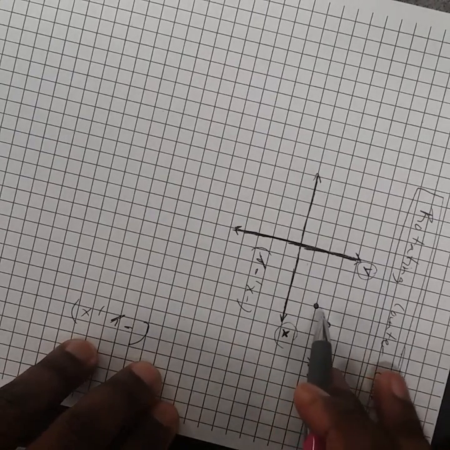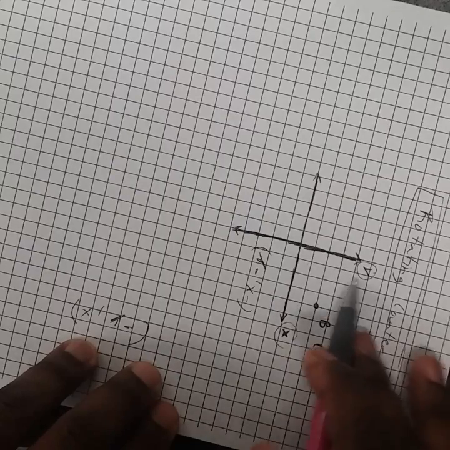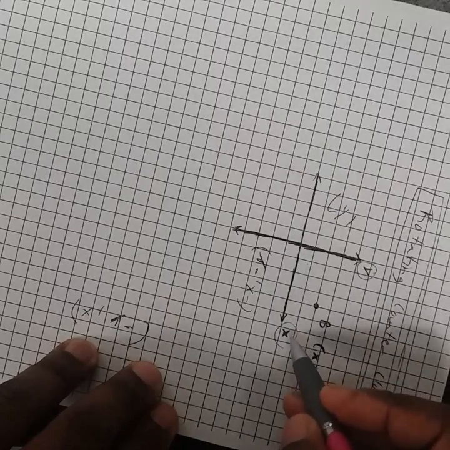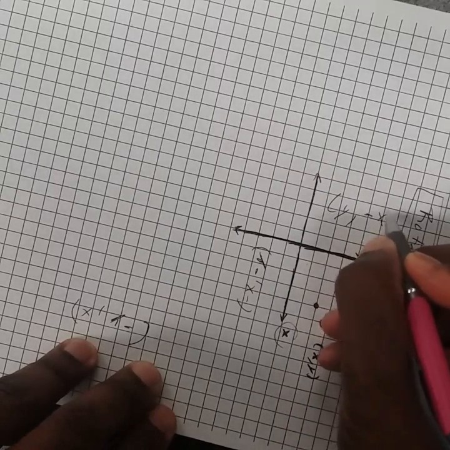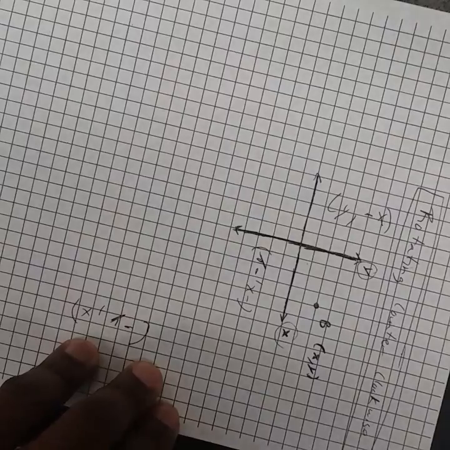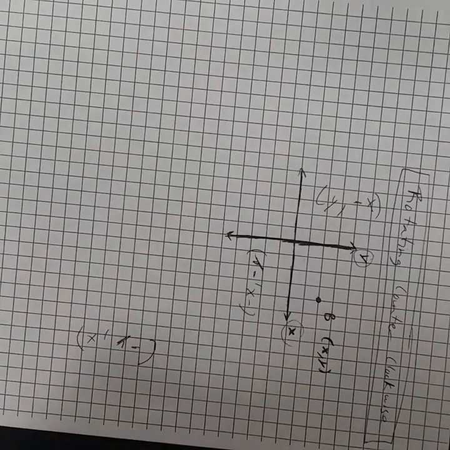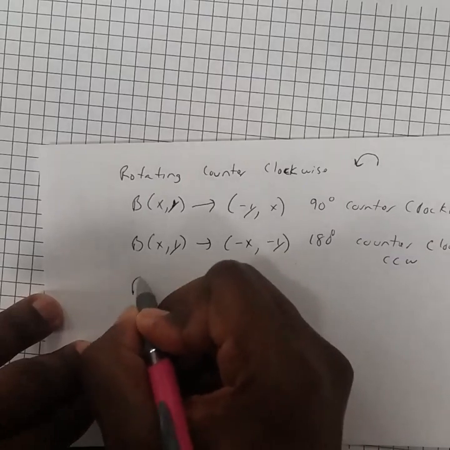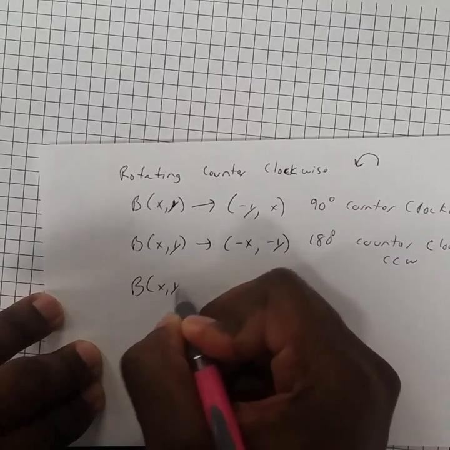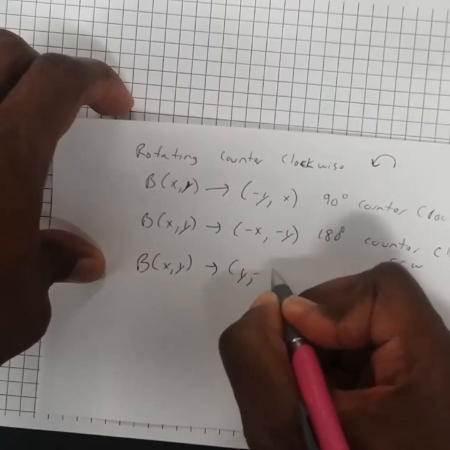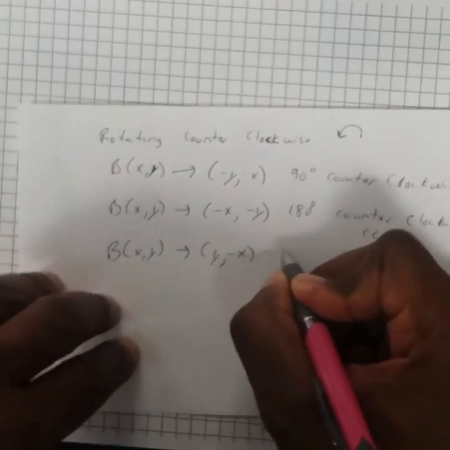At this coordinate, the horizontal direction is Y, and it's on the positive side, so it's a positive Y. And the X value is beneath, so that's a negative X. So if I rotate it 270 degrees, the new coordinate will wind up being positive Y, negative X. So let's write that down. If you rotate B 270 degrees, it winds up becoming positive Y, negative X. And that's 270 degrees